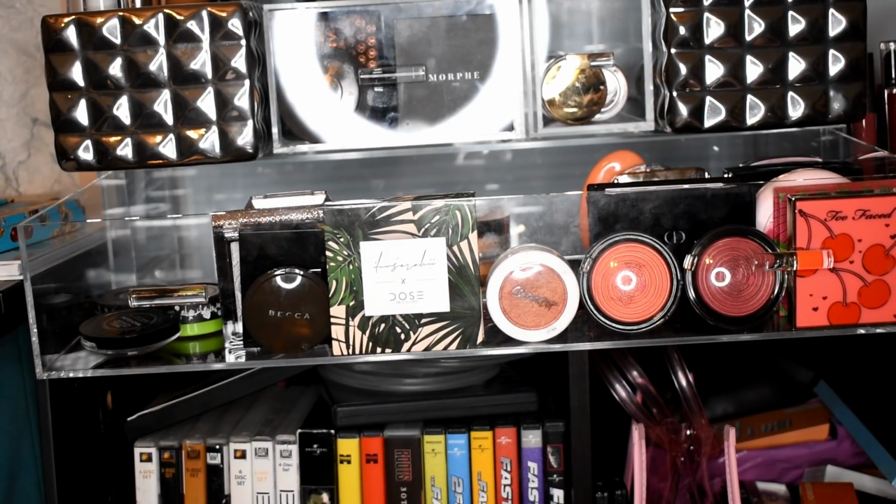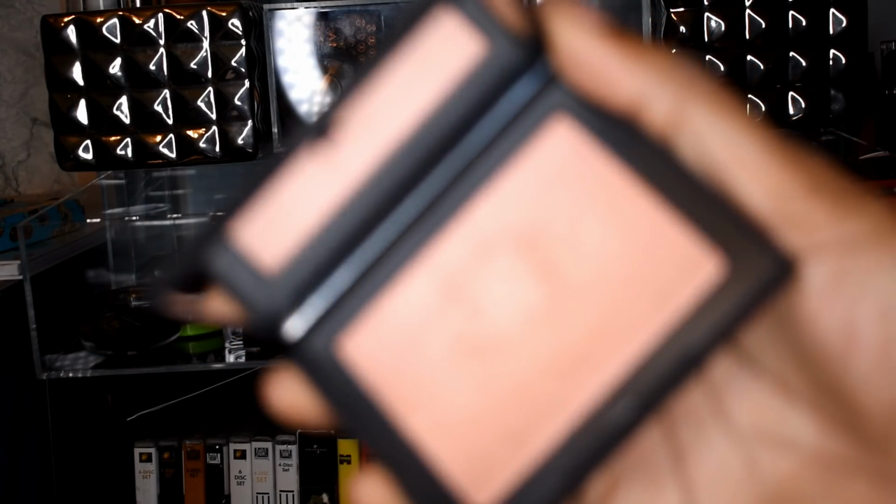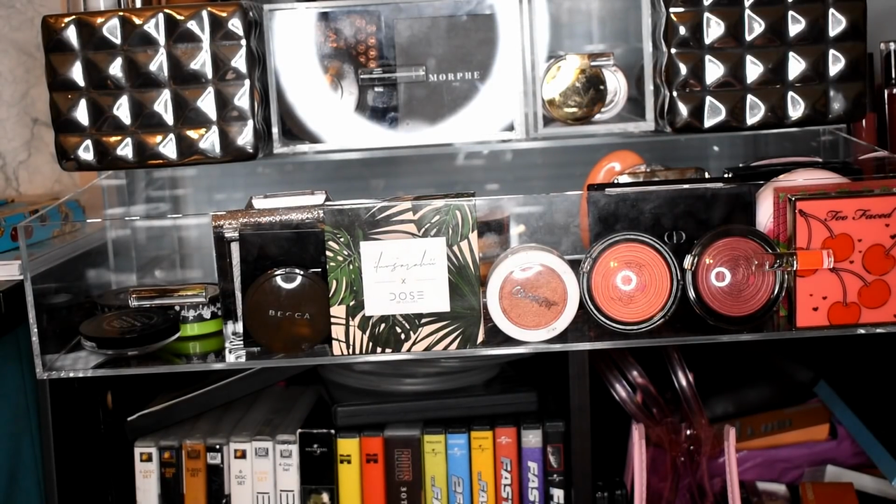And last but certainly not least is a NARS highlighter in Maldives. This is a highlighter that I purchased when I didn't have very many, and this is a rose gold version. Very smooth, but this is not going to be a beaming highlighter. This is definitely a subtle one, but I like it for that. So yeah, that is my blush and highlighter